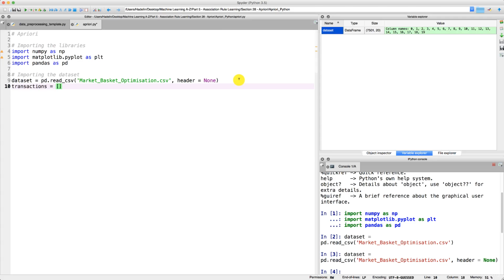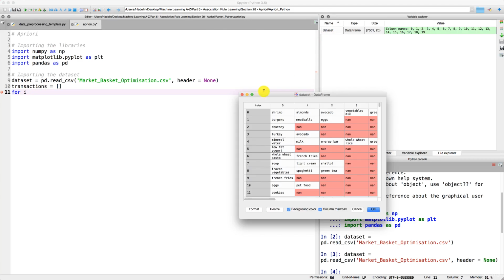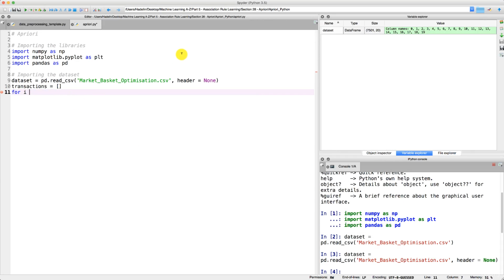Now let's start the loop. As I told you, we're going to make two for loops, and the first one is used to go through all the transactions. So to do this, we're going to start by typing for, and then we need to specify a name for the index, which is going to be i, and i is going to take the values of all the indexes of the transactions. And as you can see here, the transactions take the index from 0 up to 7,501. So what we need to do here is take the range by typing range, the range of all the indexes from 0 to